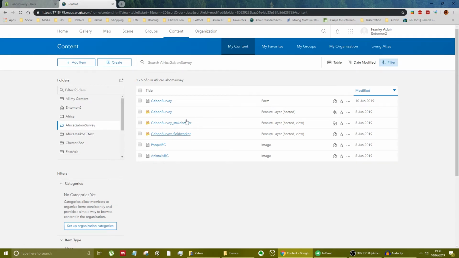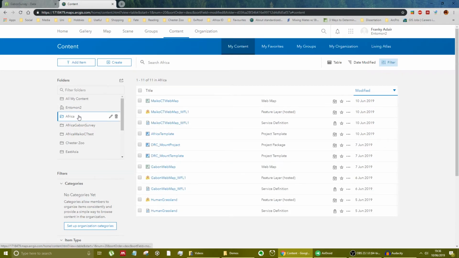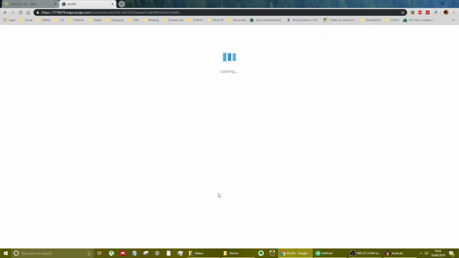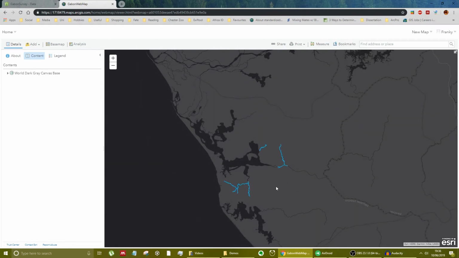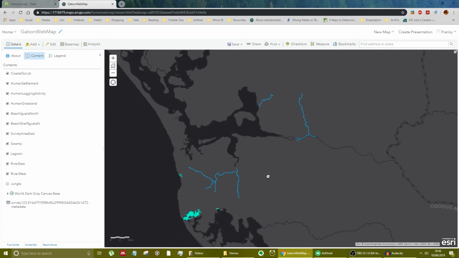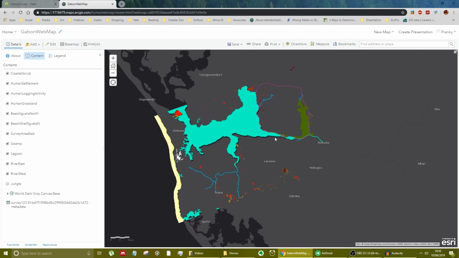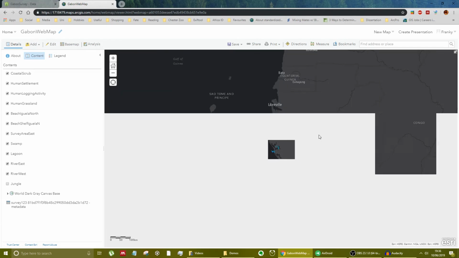Let's go to the contents page. I want to add that survey to a different map, which is stored in my Africa folder. I want to add it to a web map called Gabon WebMap. This is a map I've created earlier on. If I open this map in the map viewer, here is a map of land cover that I haven't finished, but is something I've been working on for Gabon. Gabon is a country in Africa, by the way,